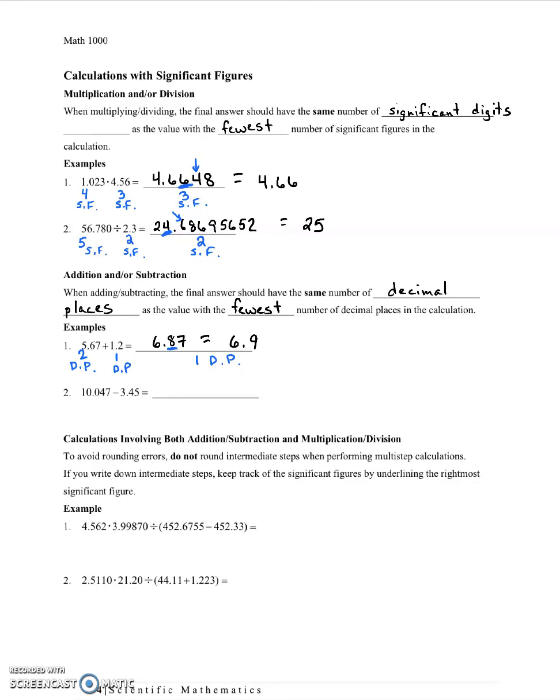Okay, again, you should pause the video and try number 2 on your own, and then restart and see how it goes. So 10.047 has 3 decimal places. 3.45 has 2 decimal places. So our answer should have 2. Always the fewest number of decimal places. So when we do that subtraction, we have